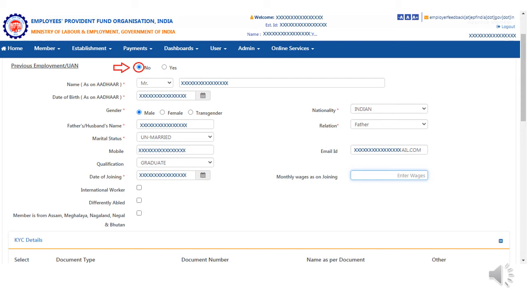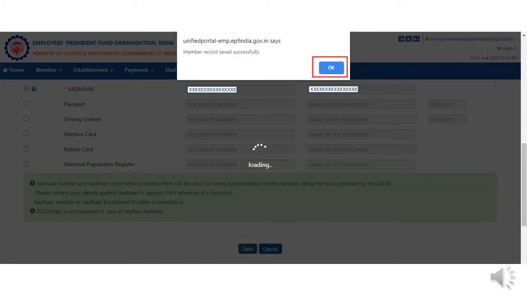That is the name as per Aadhaar card, date of birth as per Aadhaar card, gender, father's or husband's name, nationality, relation, email ID, marital status, mobile number, qualification, date of joining, and save the details. Once you enter the entire details and click on the save icon, you will get a screen, member record saved successfully.